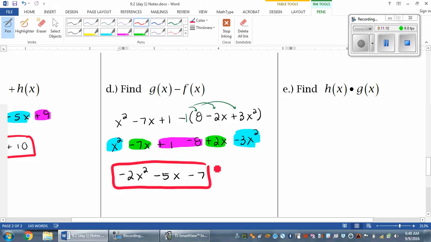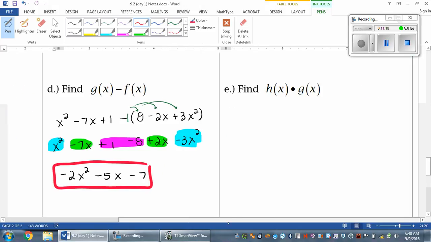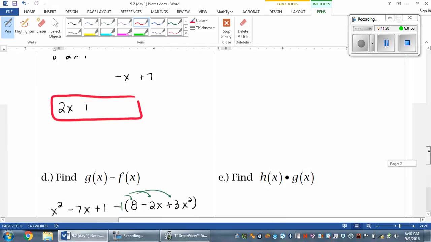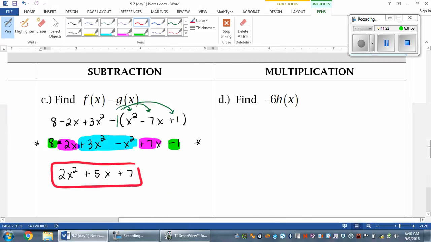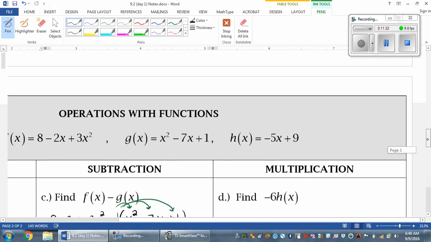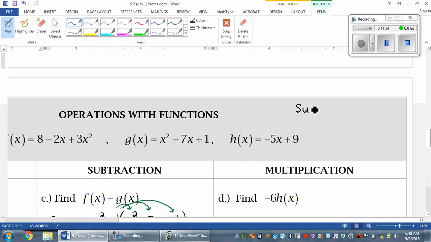All right, part D ends up simplifying to negative 2x squared minus 5x minus 7. All right, let's go ahead and move on to multiplication. Now, part D, even though it looks similar to what we did on the front, it's actually completely different. Look, when we're substituting, let me write this up here, when we're substituting, like we did on the front,